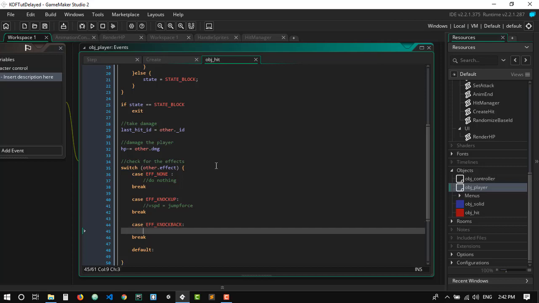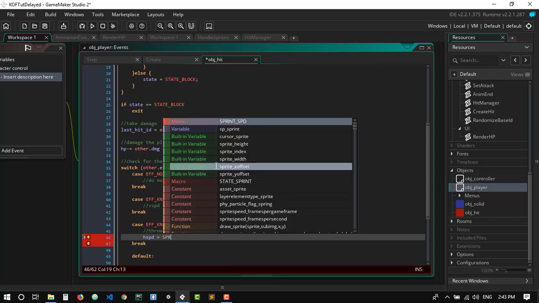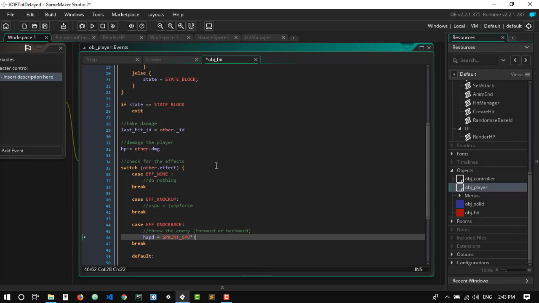For the knockback effect, I want to throw the enemy forward or backward. Okay, so how are we gonna know that? Well, in order to throw the enemy backward or forward, we need to change the horizontal speed, right? So h speed equals, let's go with sprint speed times sine of image x scale